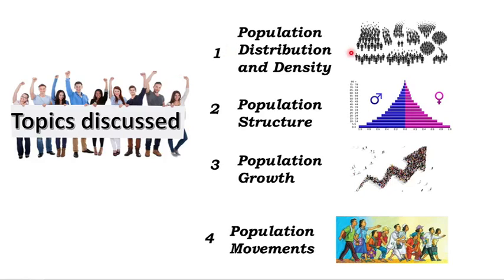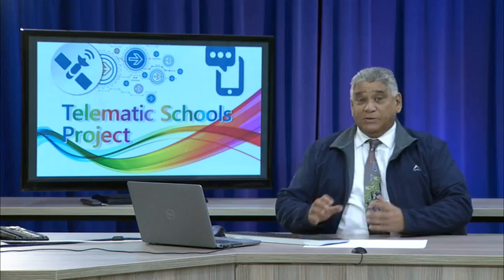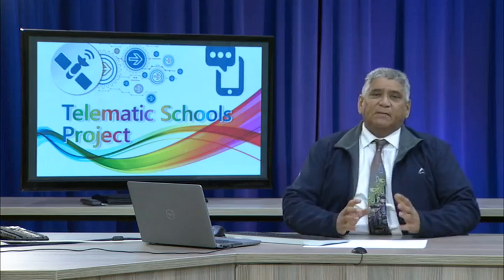Firstly, we're going to have a look at population distribution and density. Then we are going to have a look at population structure. And then after that, thirdly, population growth. And then population movements. So, okay, the first topic in our population deals with distribution and density. And what's very important now, grade 10s, please,